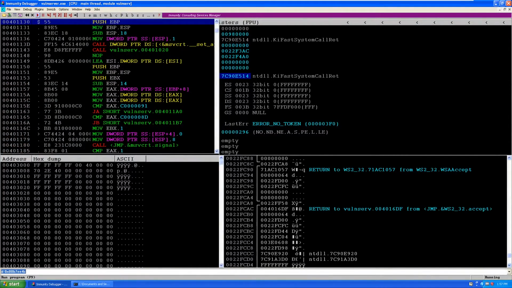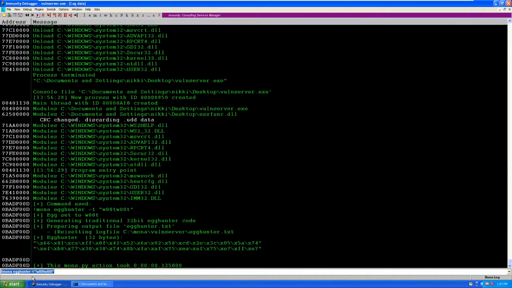So let me go ahead and create the egg hunter using Mona, with mona egg hunter -t for the tag, and say w00t. You can also put the root as well, that's just a choice.